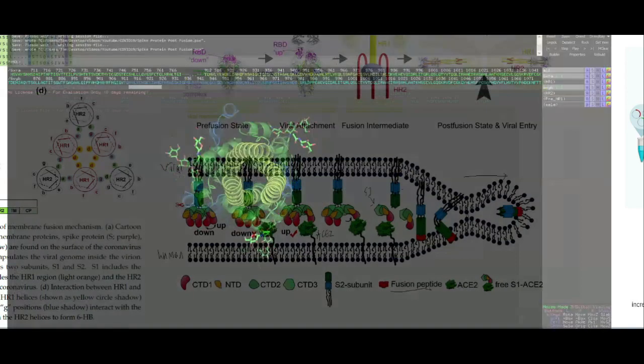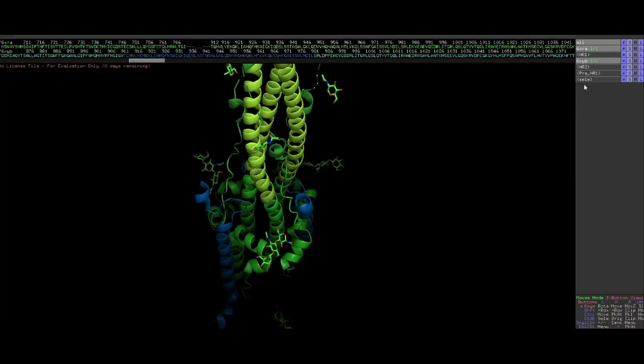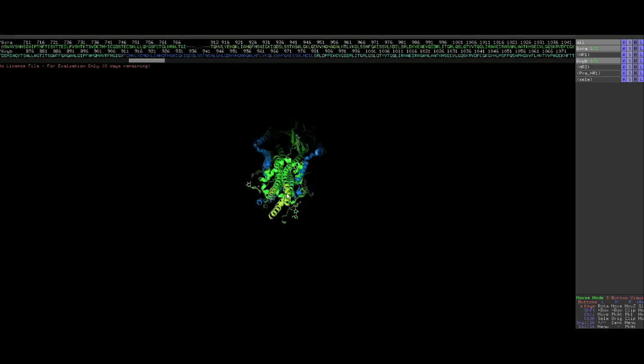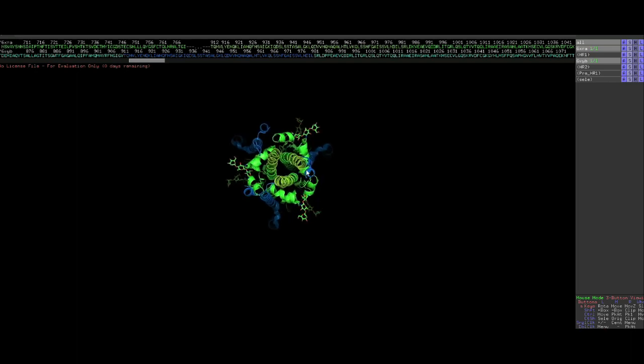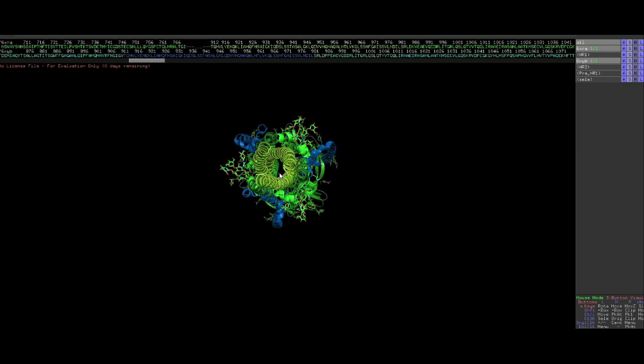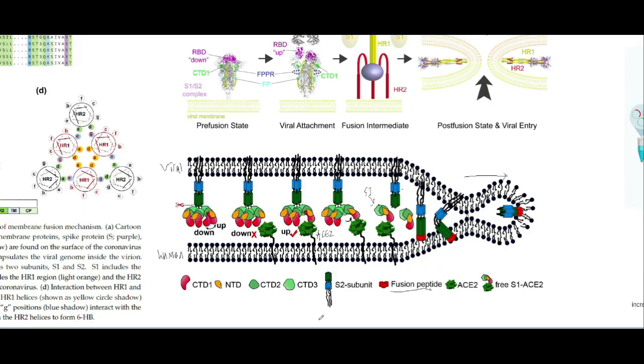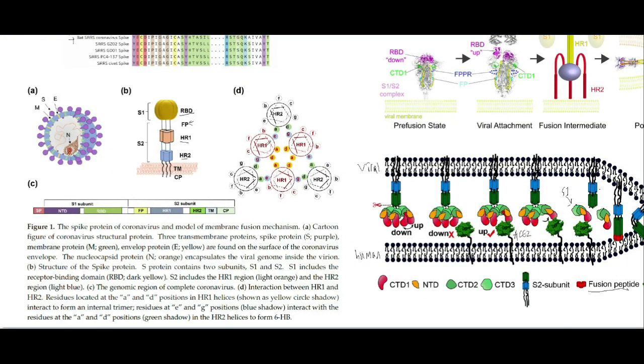And we can look at that right here. So I actually have it here. This is the top of the S2. We can look down at it, and we see that it forms this triangular sort of structure here, and they actually show that right here. And so we have our HR1 forming this triangular structure, and then our HR2 sort of on the outside, and